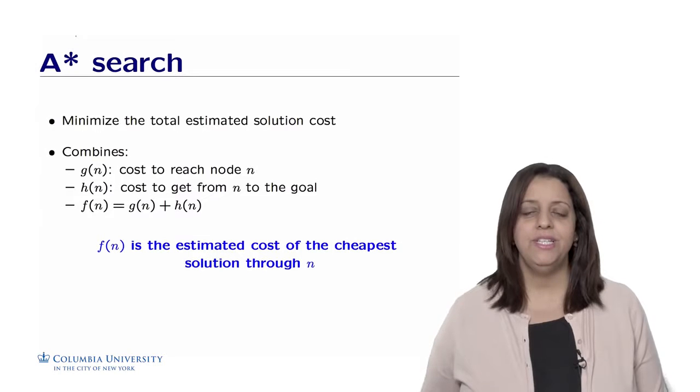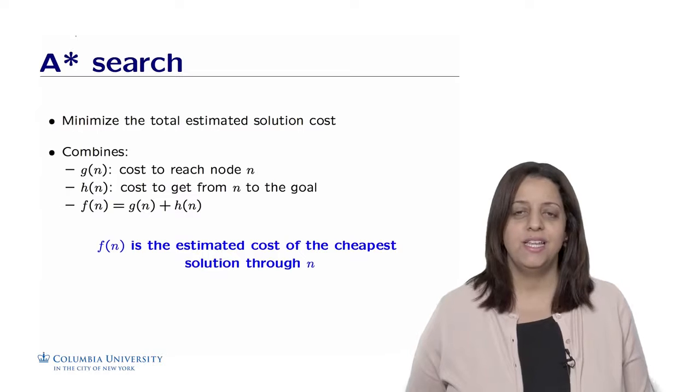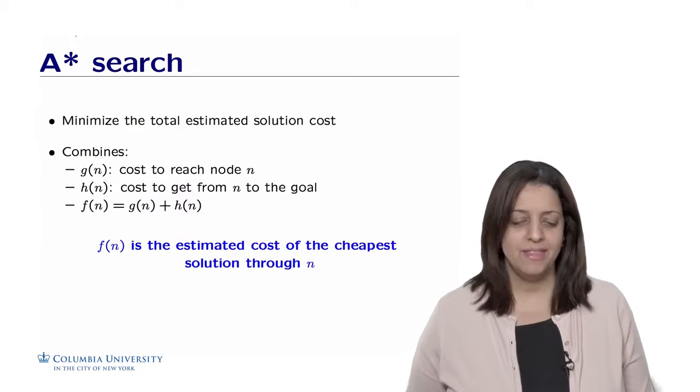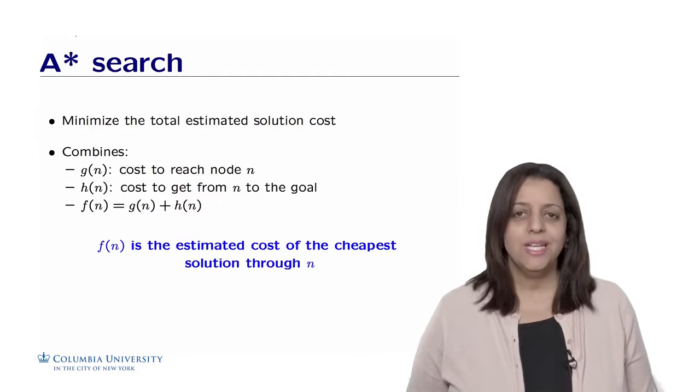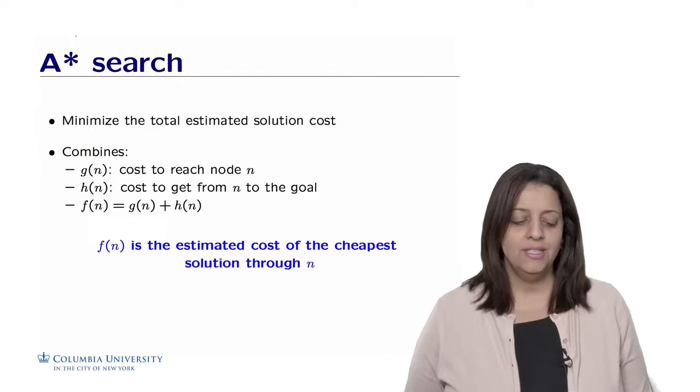So we have seen that Greedy Search is doing a good job, but not always the best job. For example, between Saint Louis and Sault Ste. Marie, we are not getting the shortest path to the goal. Another alternative to Greedy Search is to use the A-star search algorithm that actually uses not only the